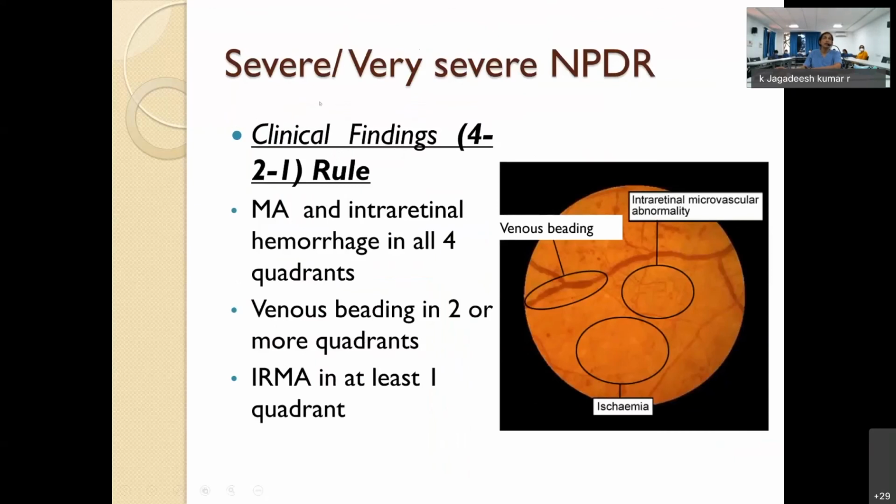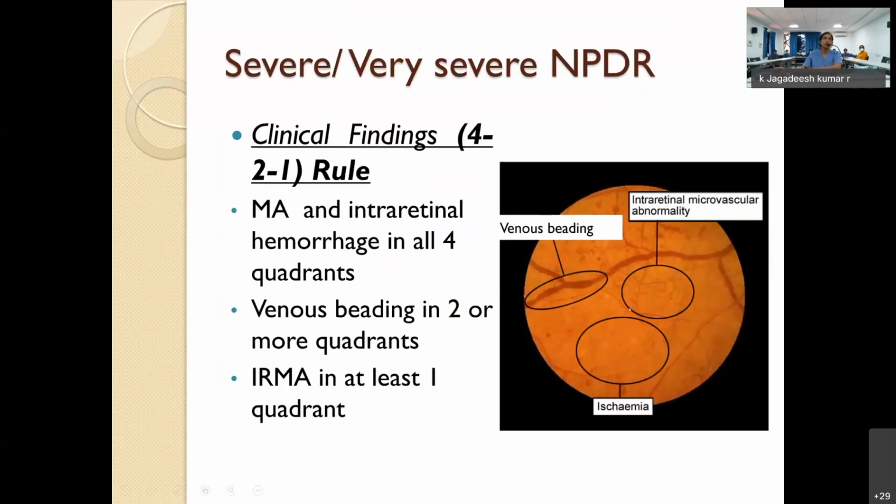Now, then we have the severe or the very severe NPDR, which is a little ominous, and it signals that the patient can move on to proliferative diabetic retinopathy very quickly. So at this stage, we really need to intervene, evaluate the patient systemically as well as from the ocular point of view, and initiate treatment, that would be pan-retinal photocoagulation or ocular laser. So this is what you see as